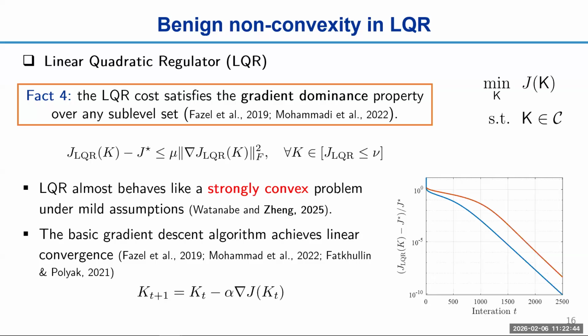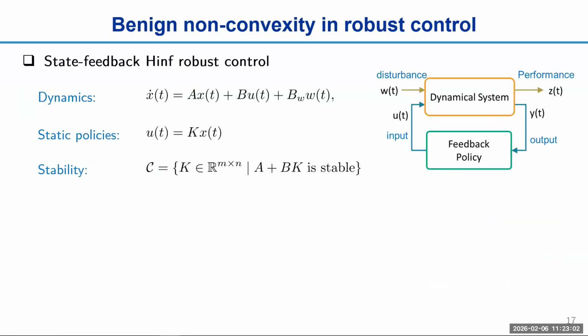And if you have this property, which is now well known in optimization, you can use gradient descent, which gives you linear convergence. These papers basically prove this result and then apply gradient descent, and you really get this linear convergence to the global optimality. Right. So this is for LQR, and then we can talk about another example